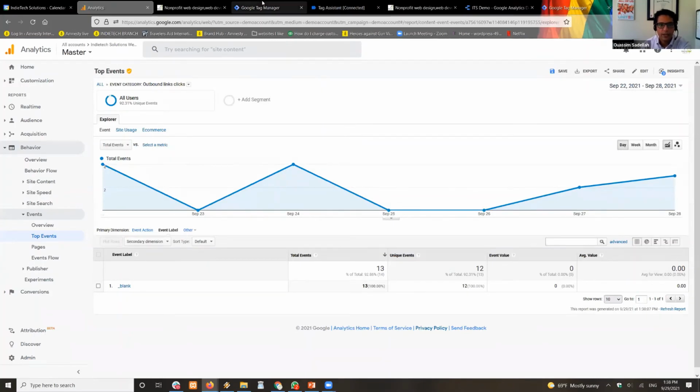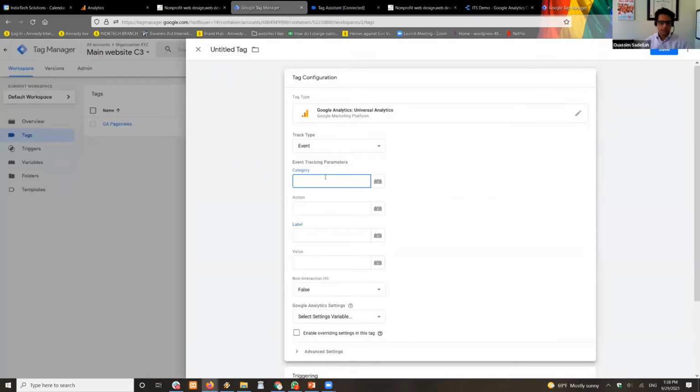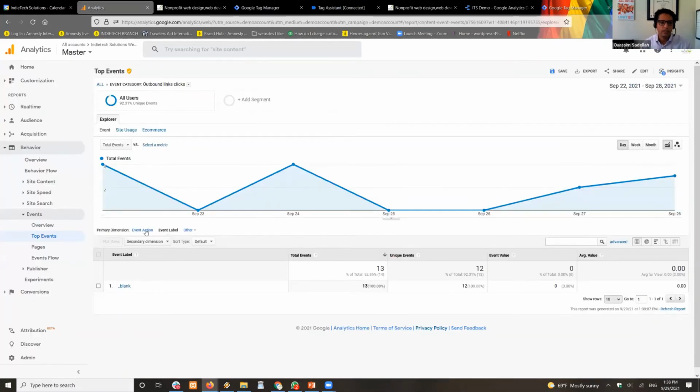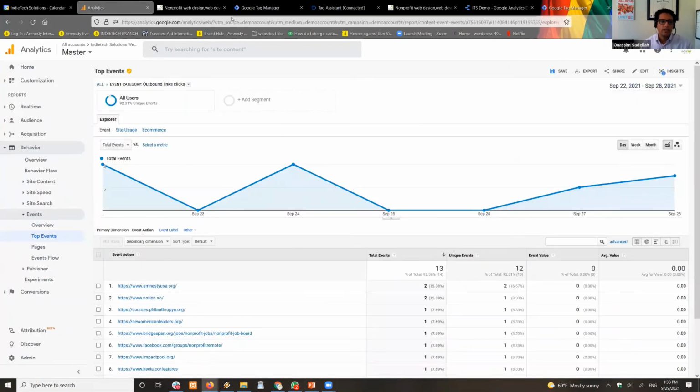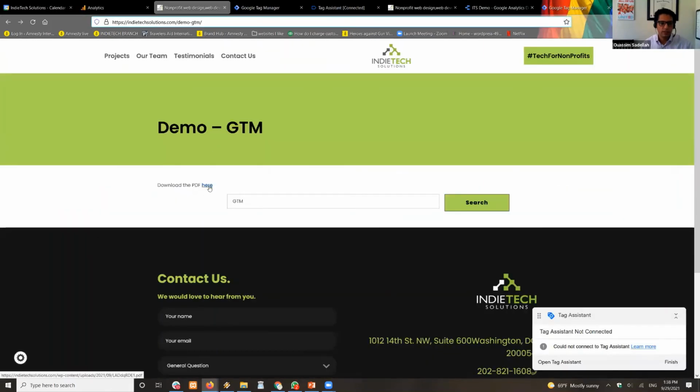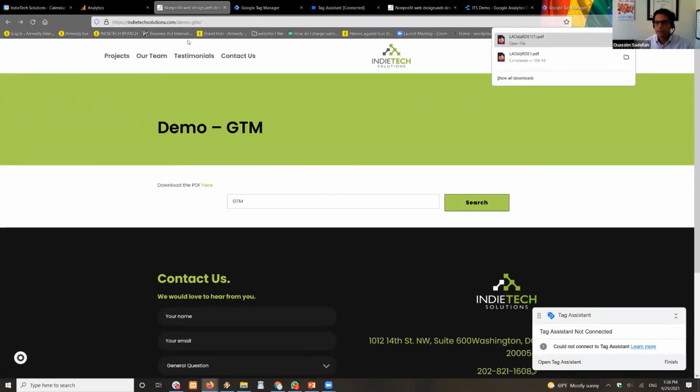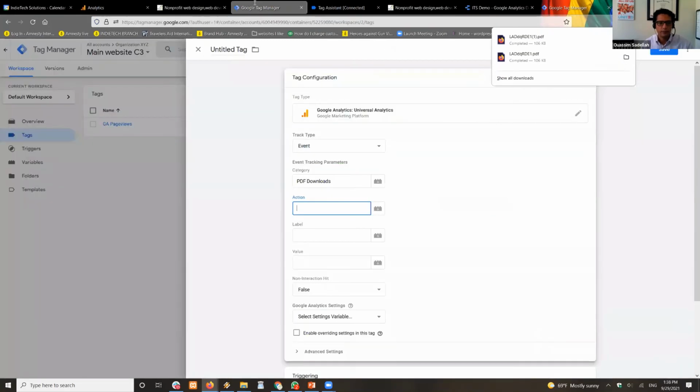Coming back here, the category is PDF downloads. That's what I want to name it. For the action, when the PDF downloads, how should it show up under actions? I want the PDF link. For instance, this one, I want this name, the one I did for the demo.